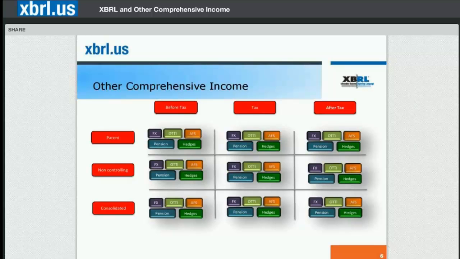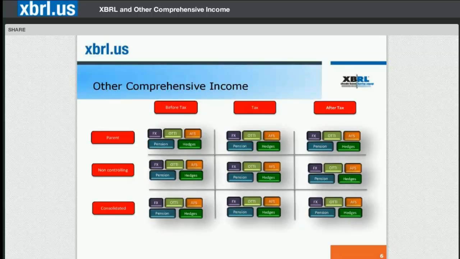OCI arises from 5 sources, which we'll look at here. Translation gains or losses related to foreign exchange and net investment hedging operations, and a limited number of transaction types, all of which we'll call FX. Other than temporary impairment relating to factors other than credit loss on AFS and held-to-maturity securities, which we'll call OTTI, an unrealized gain or loss on available-for-sale securities, or AFS, deferred recognition of gains and losses pertaining to benefit obligations